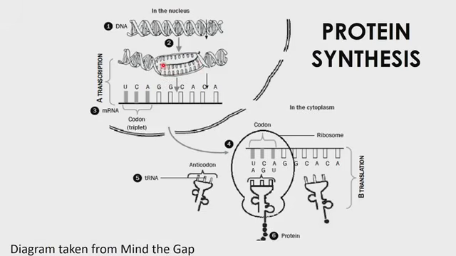Now, this mRNA then has the ability to leave the nucleus, because mRNA stands for messenger RNA. So it's now able to take this coded message out of the nucleus to the site of protein synthesis, which is indicated here. This is the ribosome. So the ribosome will then attach to the mRNA strand, and it will read it 3 nitrogenous bases at a